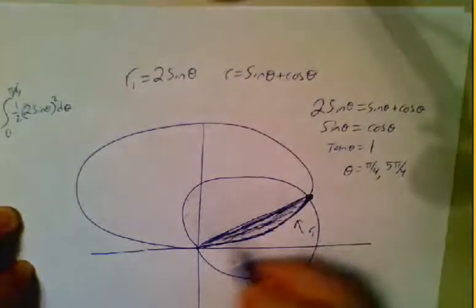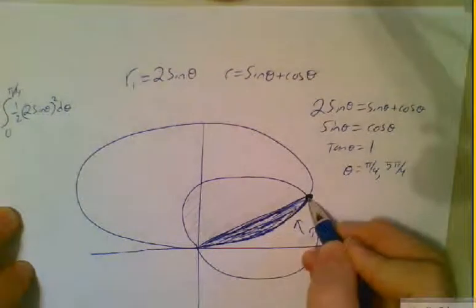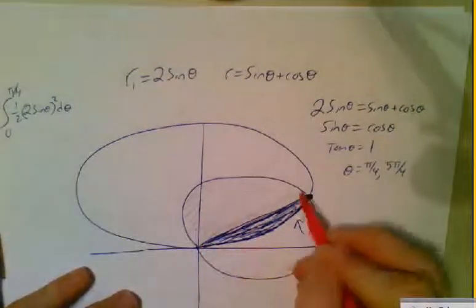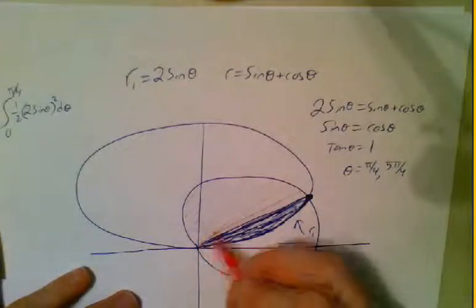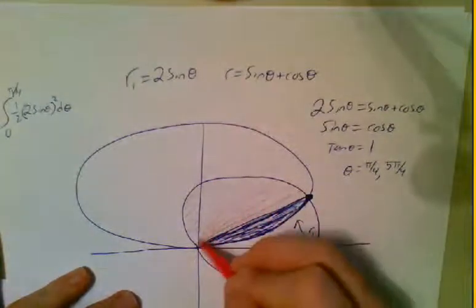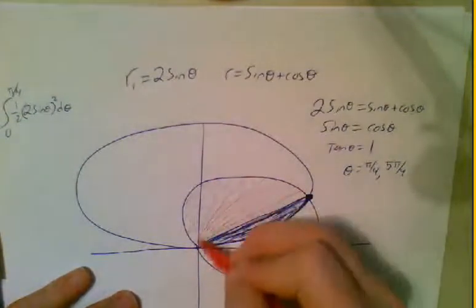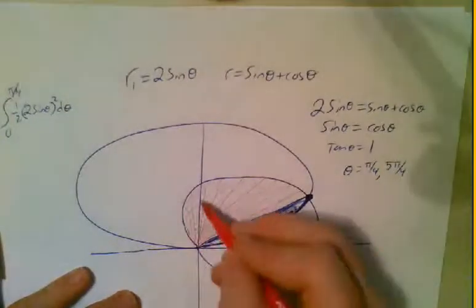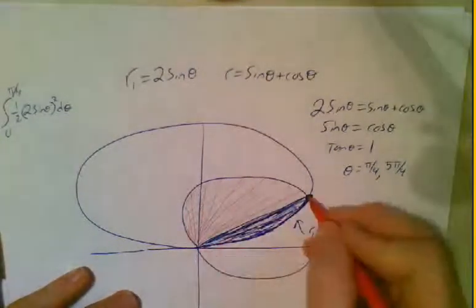But as soon as my radius hits this point, it changes. Now if I were to keep drawing radii over and over again, now it's being bound by this curve. That's the curve I want to find the area for. And it keeps going, keeps going, keeps going. Obviously, if I draw an infinite number of them, it's going to shade in the whole region. So I need to go from pi over 4